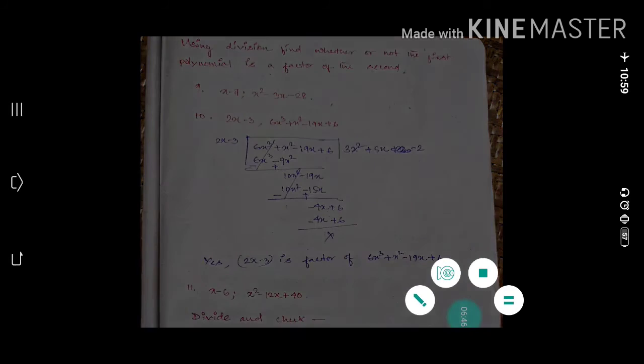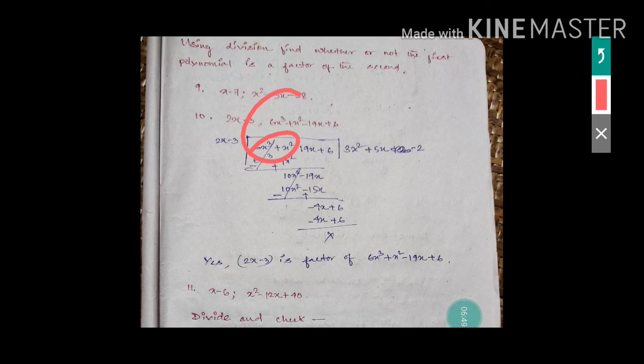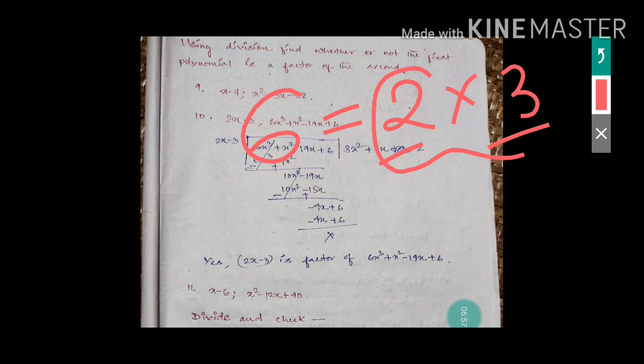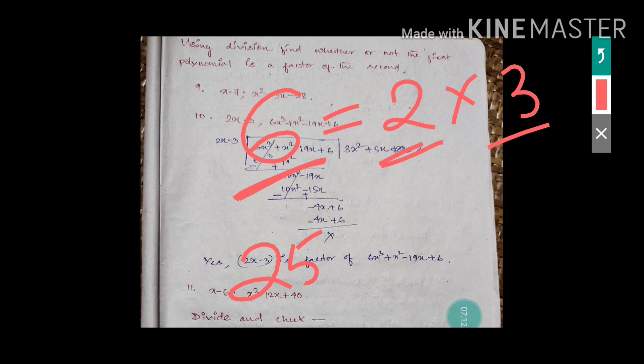If I take a smaller number, suppose 6, what are the factors of 6? That means 2 and 3. 2 threes are 6, so 2 is one factor and 3 is one factor. That means if you multiply these numbers, you will get that number, or a factor means this number divides that number. Suppose 25 is a number, and I say 3 is a factor of 25. You tell me whether it is true or false. Divide 25 by 3 and check whether it is divisible or not.